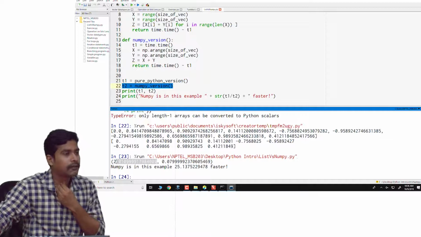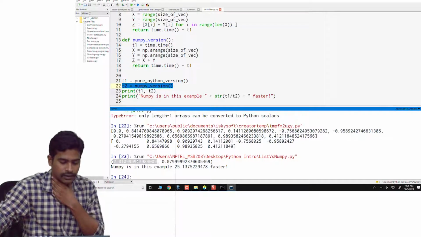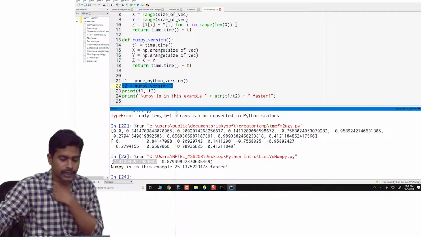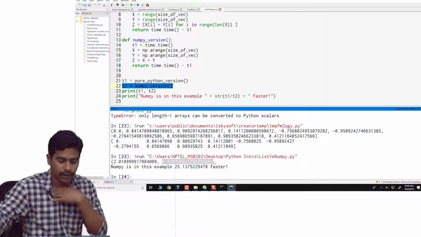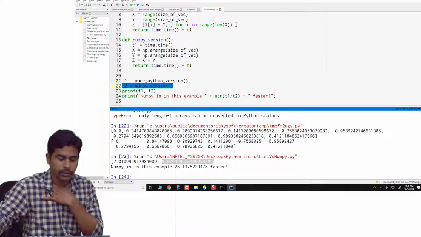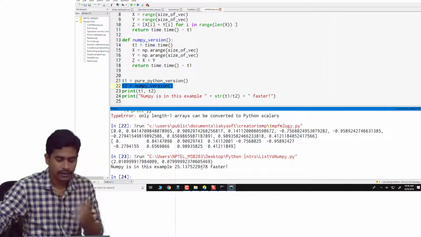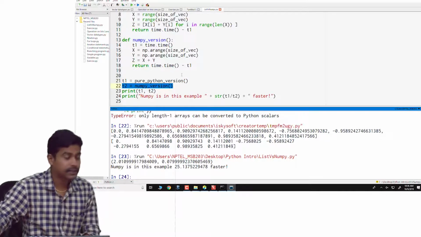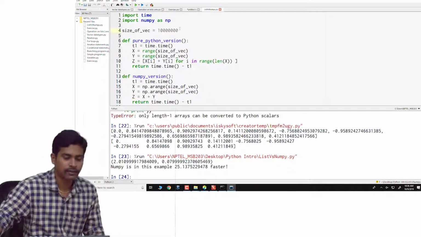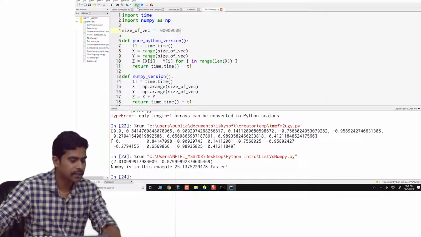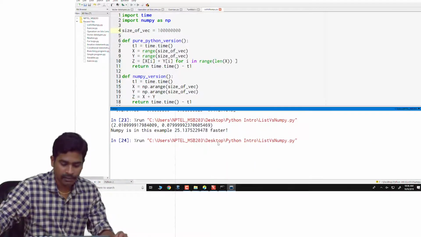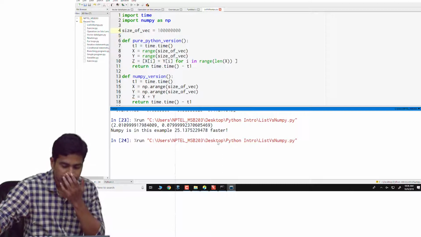It took around 2 seconds to calculate using for loops, and it just took 0.07 seconds to do the same operation using NumPy. Here I am comparing how fast NumPy is. In this case NumPy is 25 times faster than for loops, and I could increase this number, but I am afraid it may take a lot of time.